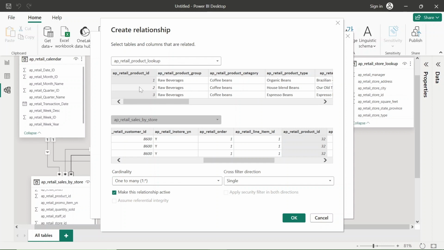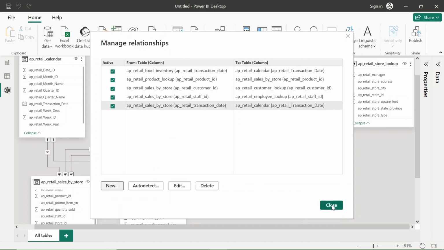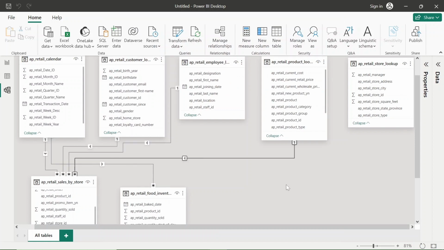So the association is on the AP retail product ID, and it is a one to many relationship. That's why the cardinality has already been identified as one to many between the AP product lookup table and the AP retail sales by store table. Let me create it. See, the relationship has been created successfully.